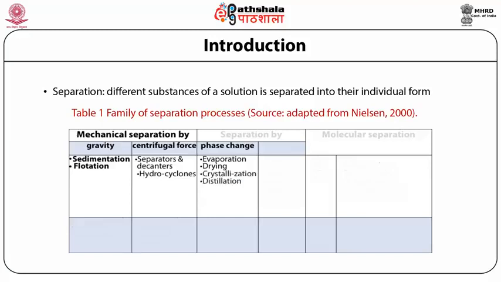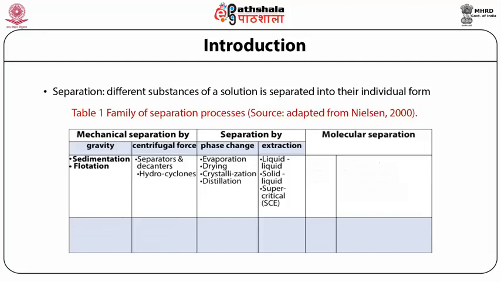Crystallization and distillation. Next is the separation by extraction, like liquid. It may be solid liquid or it may be supercritical, where the CO2 is used as a most common solvent after water. Very frequently used is water, but in this case supercritical food extraction, normally CO2 is used because it is next to water in the utilization as a solvent, because it is easily available and is cheaper also.